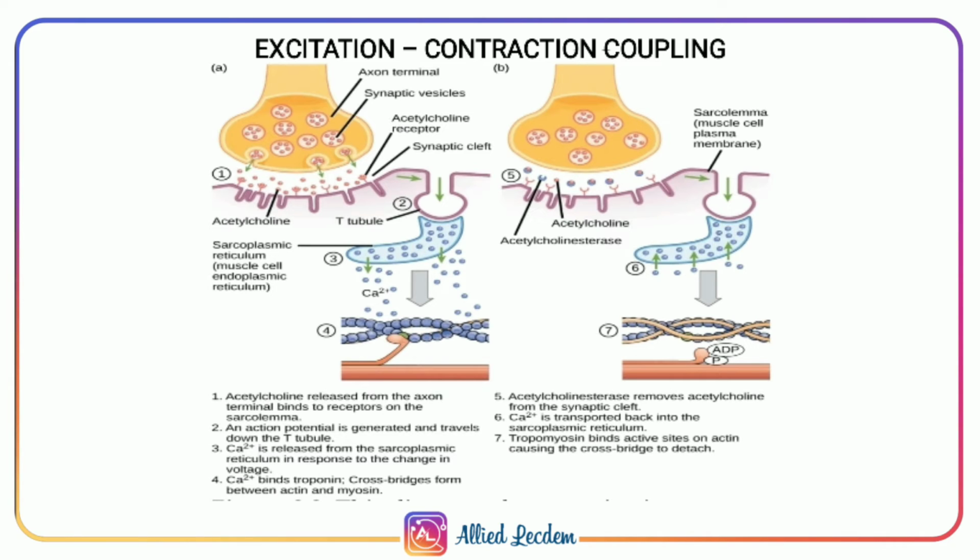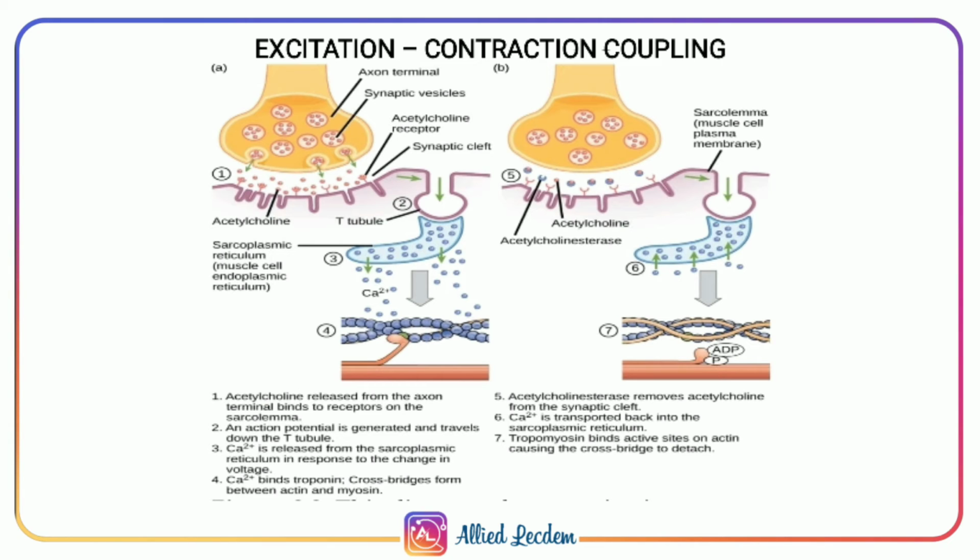The action potential then spreads over the sarcolemma and also into the muscle fibers through T tubules. We already know that the T tubules are responsible for rapid spread of the action potential into the muscle fiber. Then the action potential reaches the cisternae of L tubules and stimulates them, which causes release of calcium ions from the cisternae into the sarcoplasm, that is, the cytoplasm of the muscle fiber.